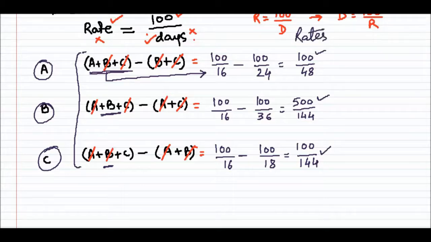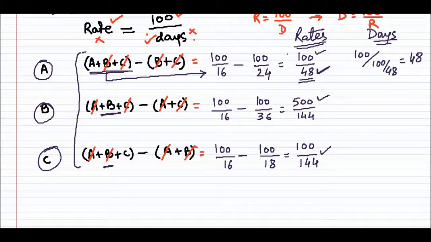Now these are the rates. I write it every time. I keep on telling you that these are the rates I have found. Now if I have to find the number of days in which A is going to finish it, so simple, I will do 100 units divided by 100 upon 48, and this gives me 48 as an answer. As I have already mentioned, you can directly click that 48 is the right answer, only because on the numerator side we have 100. Now I will solve for C first. Same way, 100 units divided by 100 upon 144. So this will give me 144 days in which C is going to finish it.